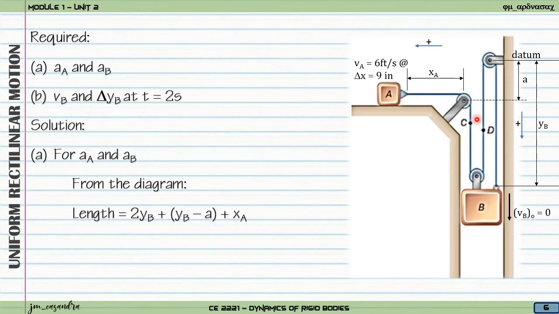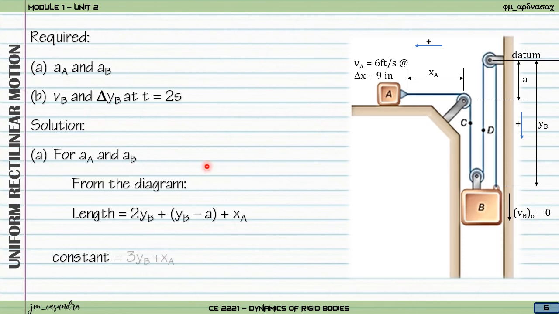At point C and at point D, these distances will vary now. With this, simplifying our equation, length is constant, A is constant, so we'll arrive at the equation